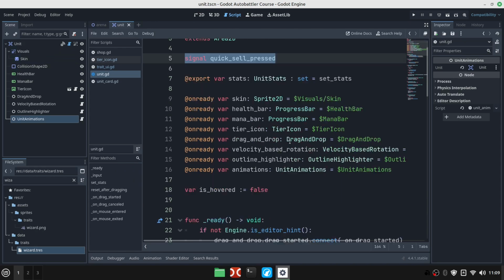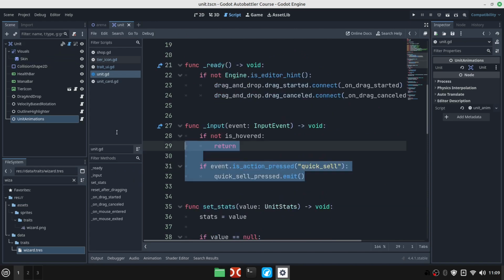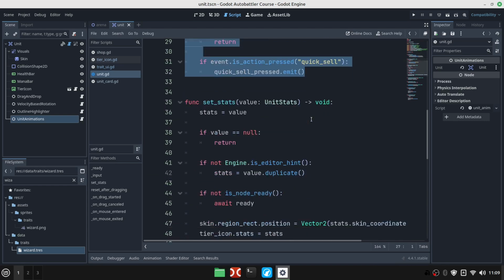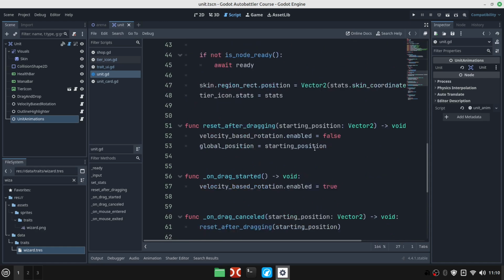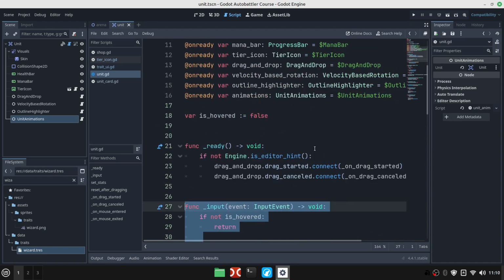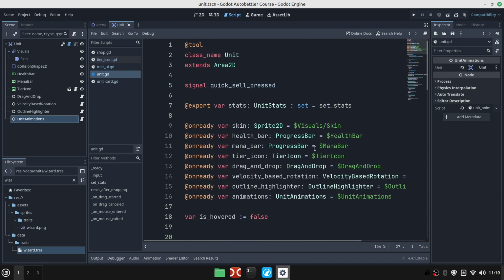Again, quick selling logic inside the input callback is not needed for battles, right? Drag and drop connecting to the drag and drop signals, again, not needed for the units. Mouse entering, drag canceling, all that stuff we handle here is useless, basically, for battling units. And while this could be done inside the same class, let's look at the pros and cons of separating it